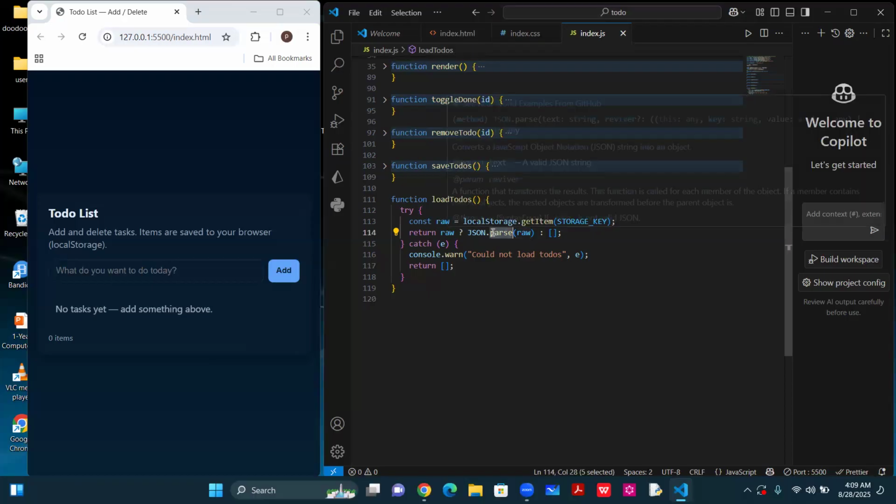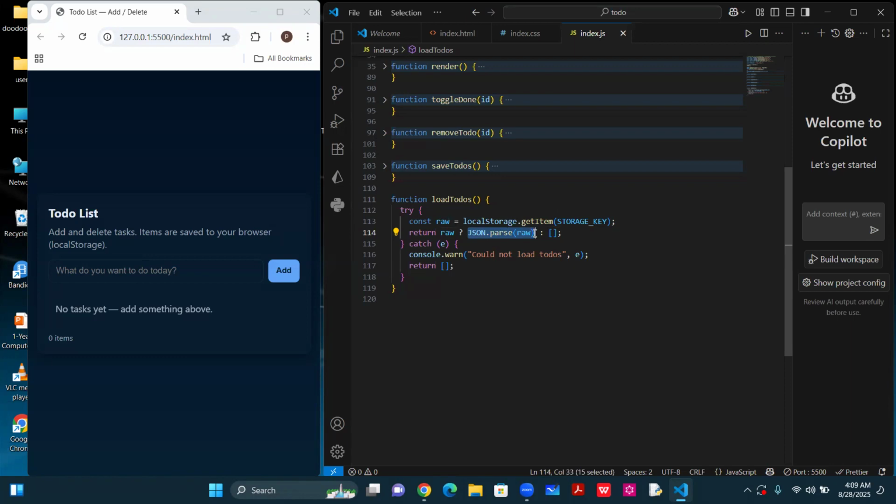But first of all, we are using the try catch. Don't worry, we'll talk about try catch when we talk about error handling. In as much as we have not talked about this, you're still going to see them, but we need to use it. So we're using the try catch to catch any error that might result from this expression here. So we are saying, remember the ternary operator, if this raw value is not empty, if it's not null,